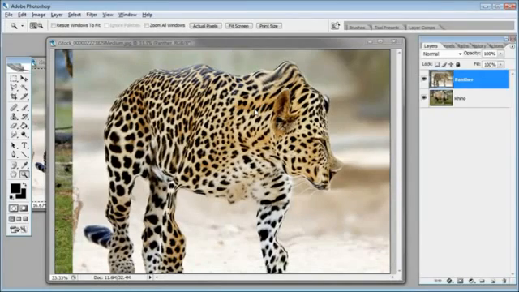There we have it. And now it just looks like a big mess. Not really, though. We're going to go ahead and apply some blending modes here to get this skin into the right